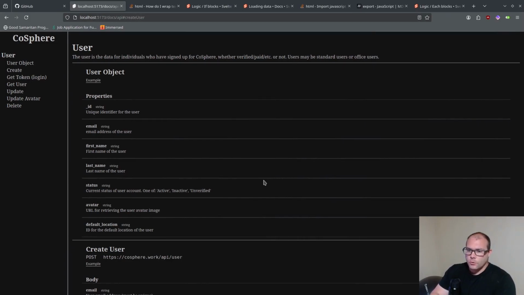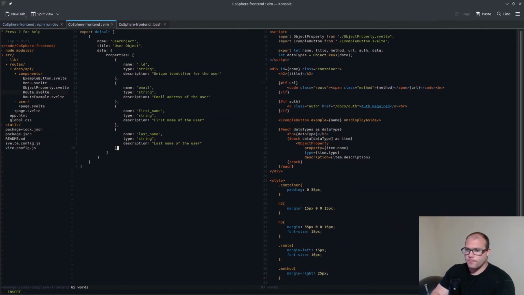Next, status, name, status, type, string, description,